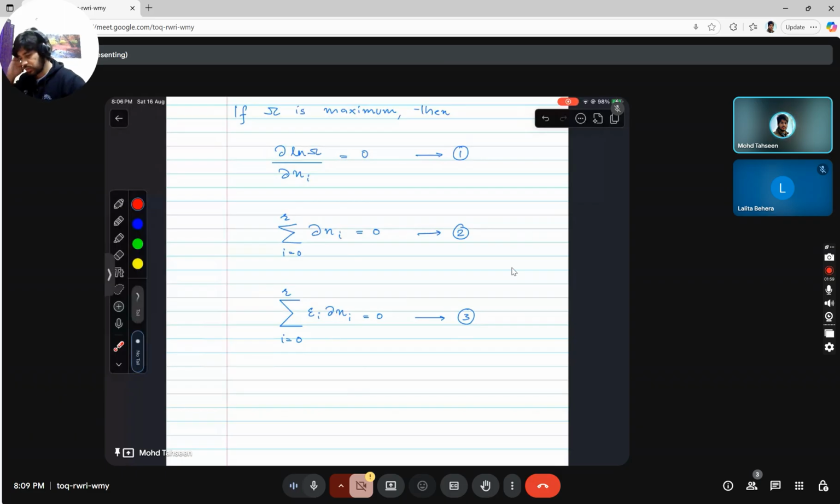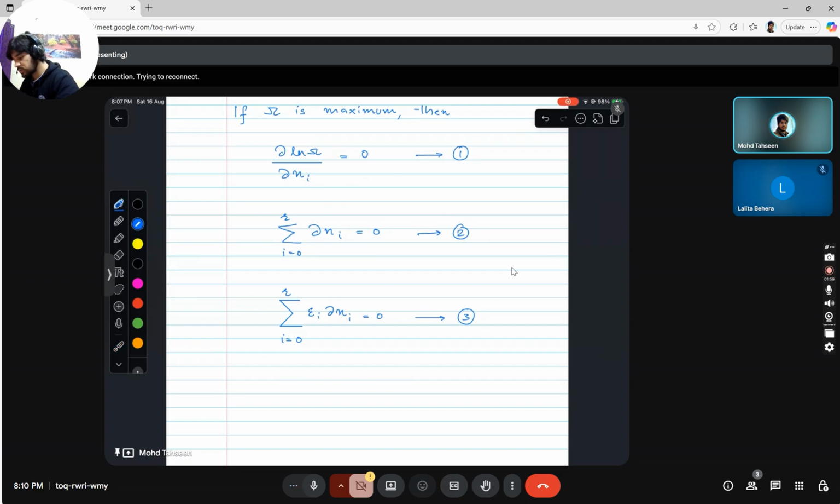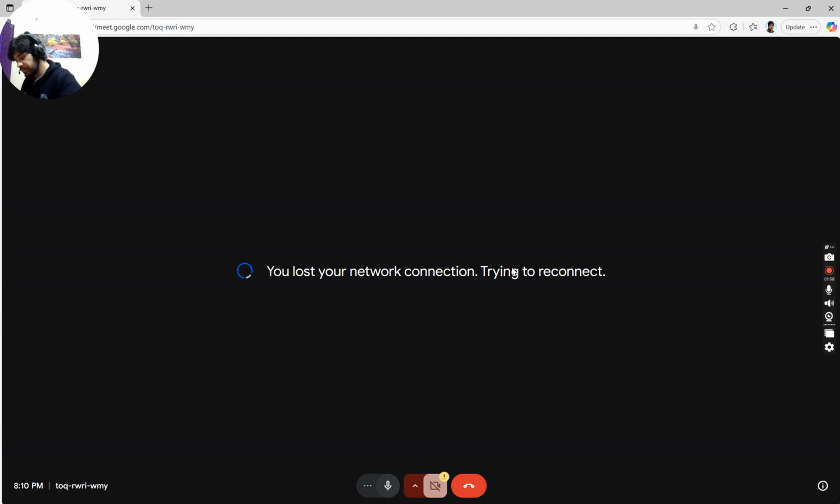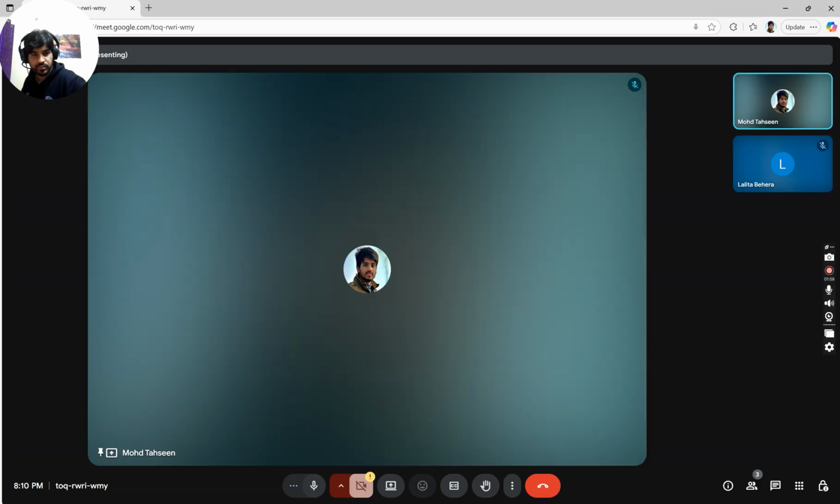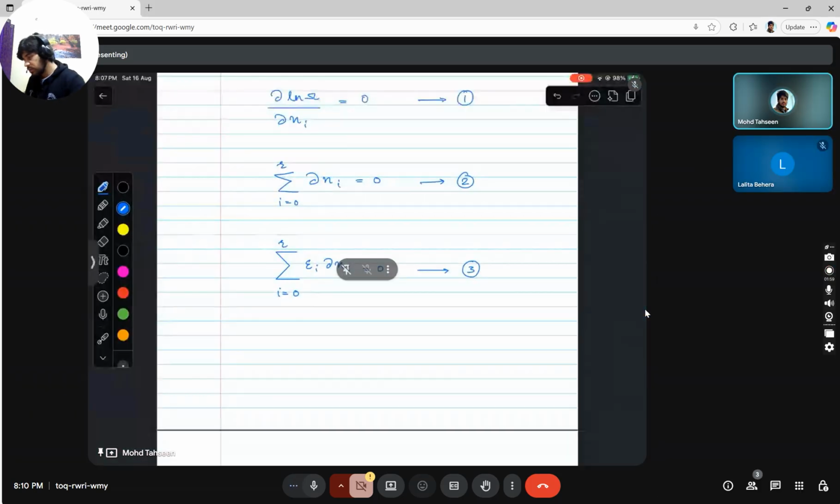Okay, let me try to finish this recording. So I was saying that this is an objective function now, and these are the two constraints, and we can use Lagrange's method, which basically solves a constraint optimization problem. And there is something wrong with the network. Okay, we are back. So if we solve this system, the solution comes out to be something like this,